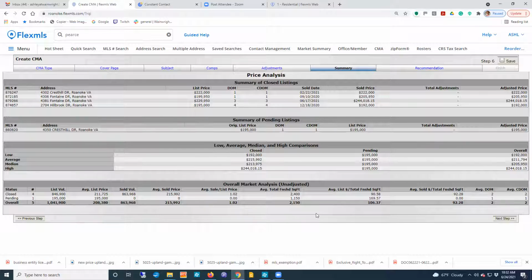That is a measurement he uses, and he's got his own mind's eye about new construction, what that should be price per square foot, what resale should be price per square foot. So when we look at this, one thing I want you to look at down here is the average list price per total finished square footage versus the average sold price per total square footage. What we're seeing here in the closed listings is the average list price per total square foot was $90.58 per square foot, and the sold was